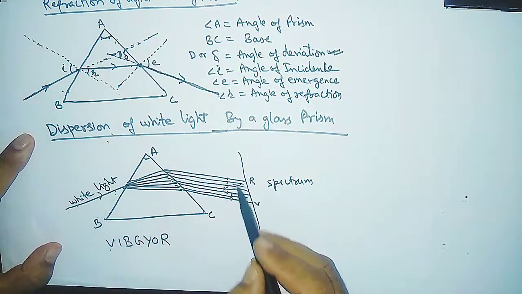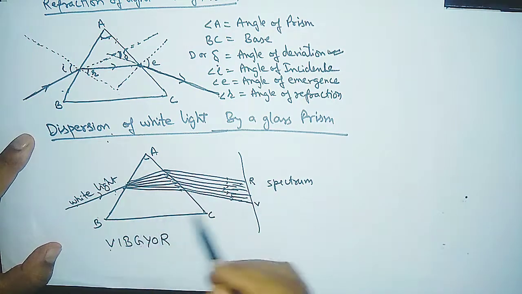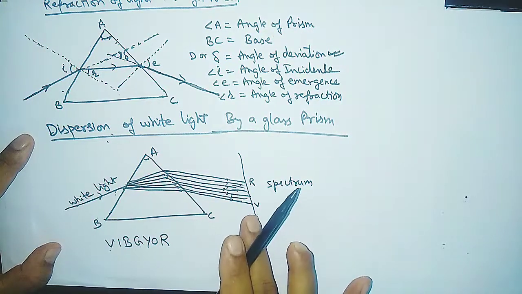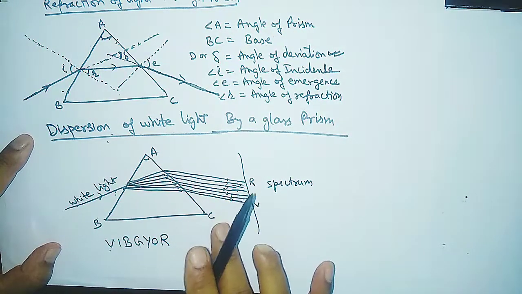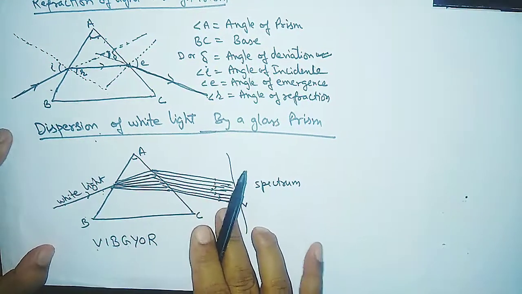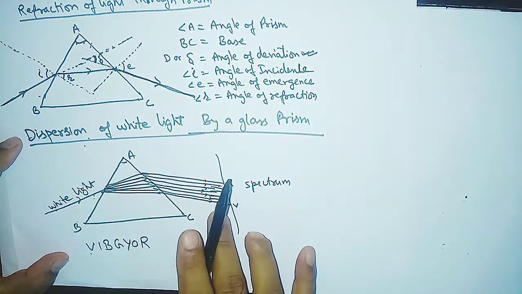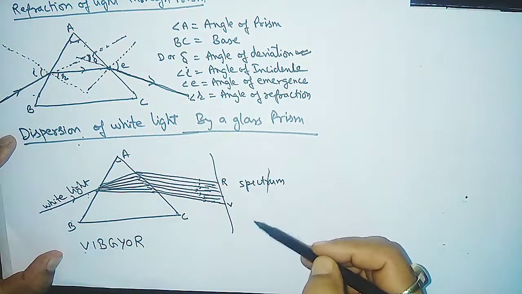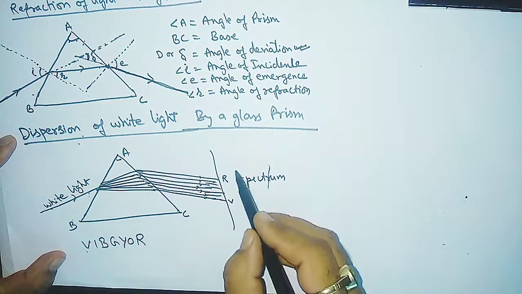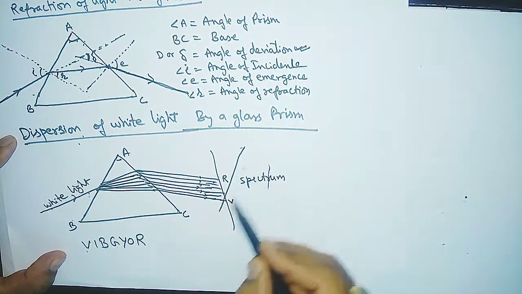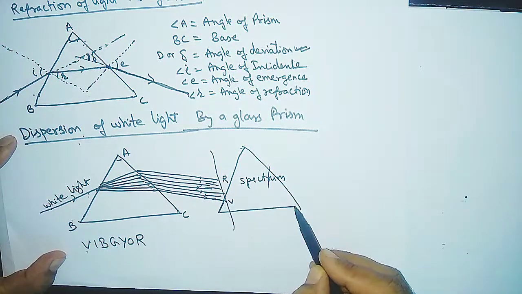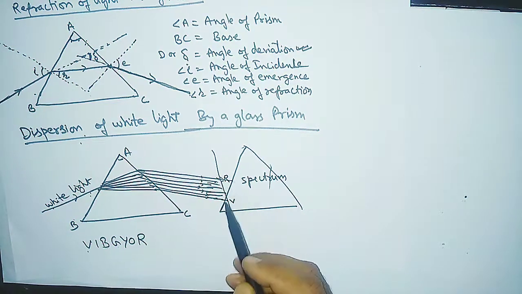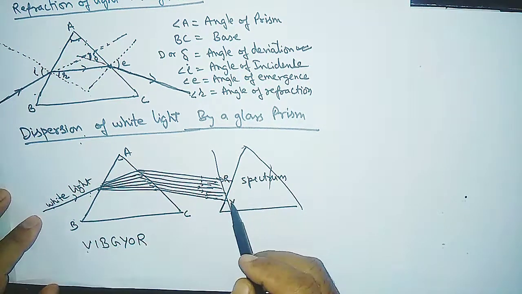So we get 7 colors after refraction through the glass. So this phenomenon is called the dispersion of white light. Isaac Newton was the first to use the glass prism to obtain the spectrum of the sunlight. He also tried to split the colors of the spectrum of this prism. Okay, he tried means he put another prism in the path of the 7 colors and tried to split these 7 colors again, but he failed.